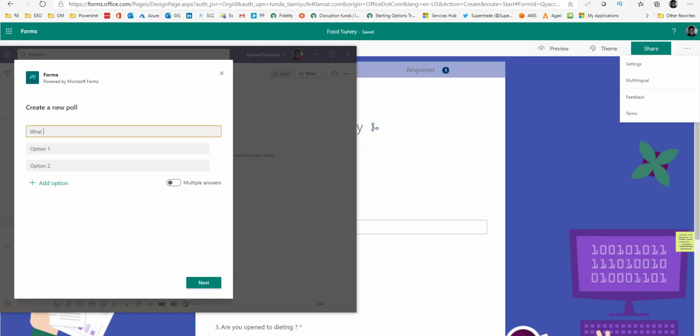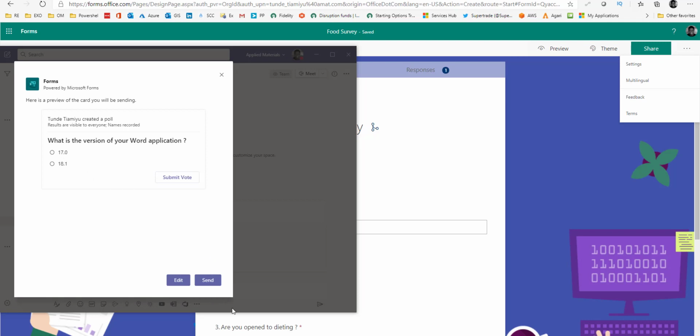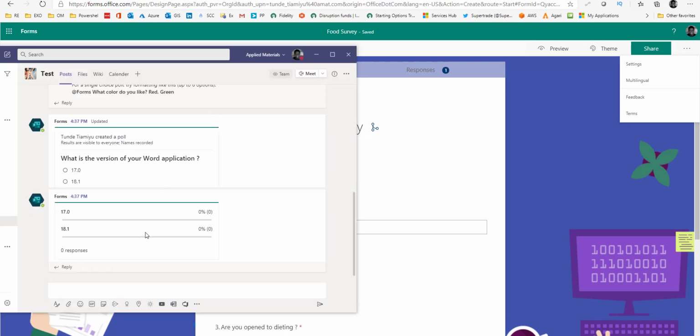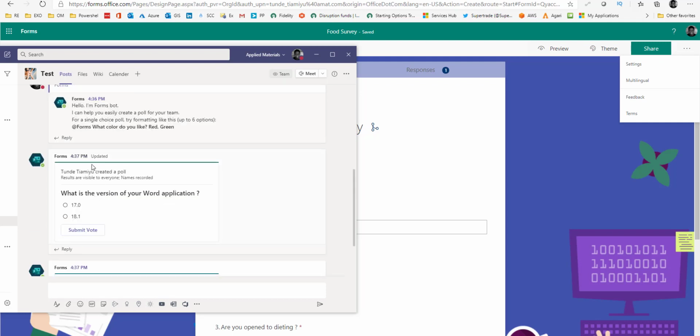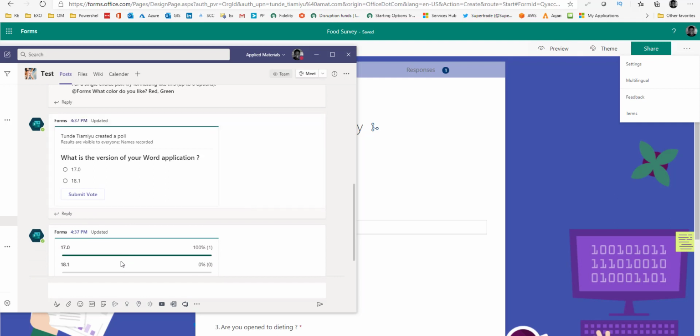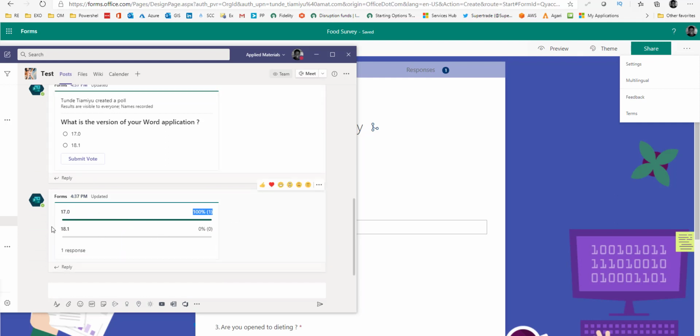I can say, for example, what is the version of your Word application, and I can put several versions here: 17.0, 18.1, and so on and so forth. And click next and click send. So now, as you can see, any member of this team will be able to actually come in here and submit a vote, and then click submit, for example, and you'll be able to see the data right over here,